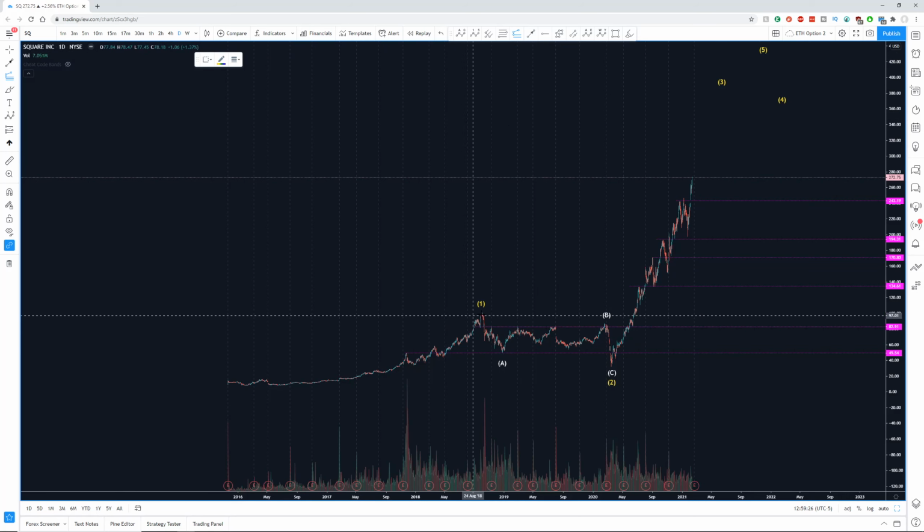So all I'm going to do is click at the start of the 1 wave here, and with the chart that I'm using, all the way from the left-hand side, I actually like to use 0 as the start of our 1 wave, because at some point in time, this stock was technically 0. From the day the company was born, it had a $0 price. So even though our chart only tells us that after IPO, it started around $9, technically the stock's chart inception price started at 0. So I'm going to click from 0,